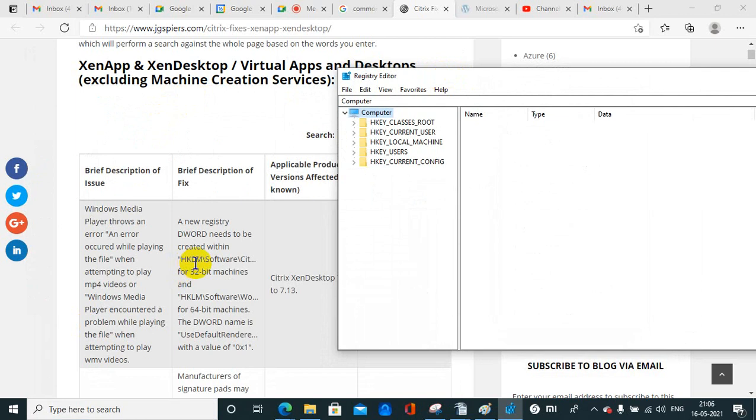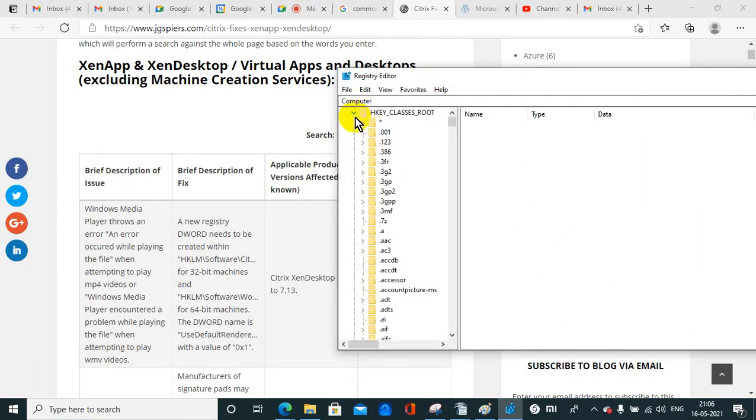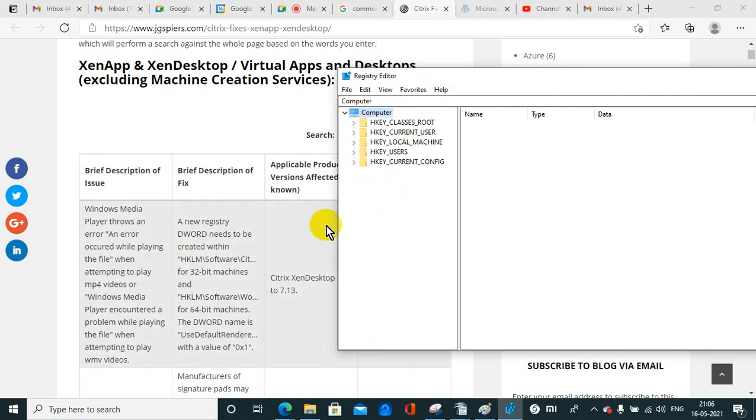HKLM stands for HKEY_LOCAL_MACHINE. HKCU is the current user. Then there is classes root.